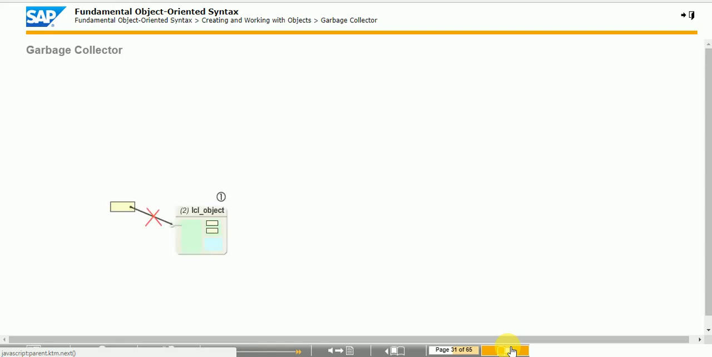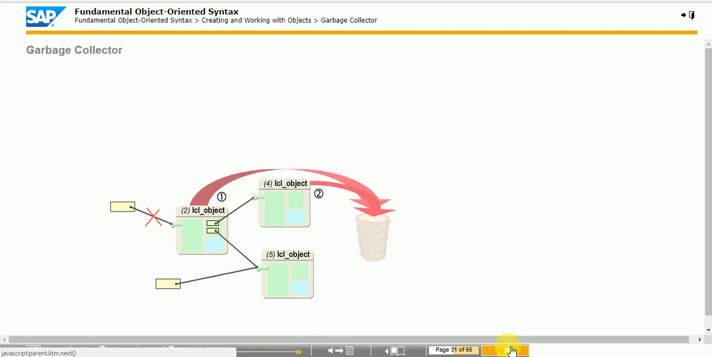Independent references are references that have not been defined within a class. The garbage collector is a system routine that starts automatically whenever the runtime system does not have more important tasks to carry out. In this example, the reference to object